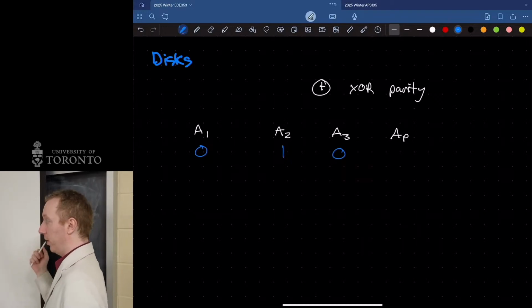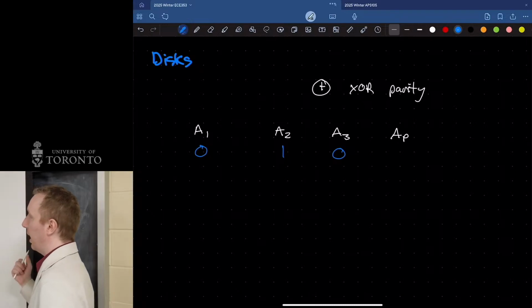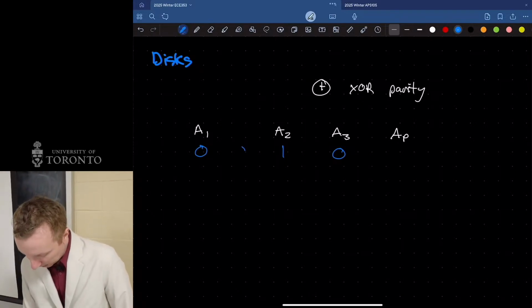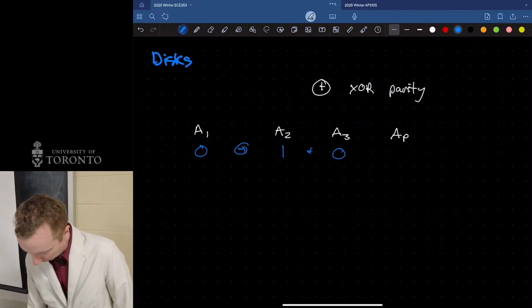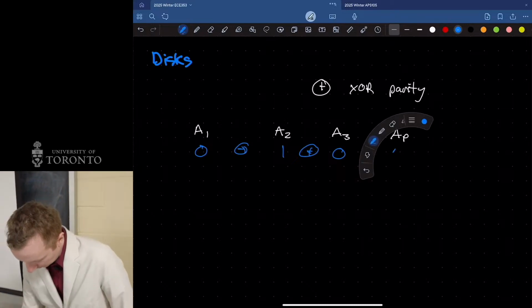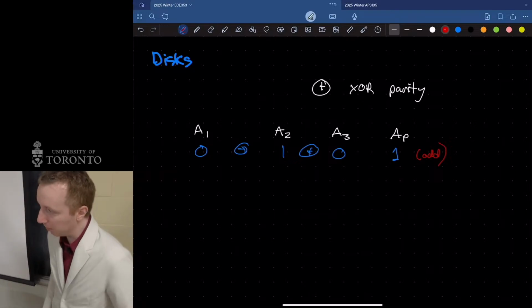So if it's 0, it means adding them all together was even. If it's 1, it means adding them all together was odd, is the quick way to think about that. So if we XOR all of these 3 things together, our result should be 1, right? So our result is 1, indicating that it is an odd number.